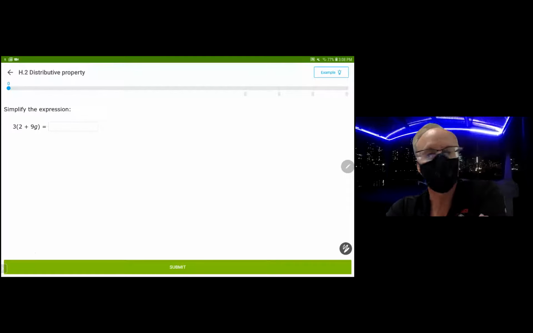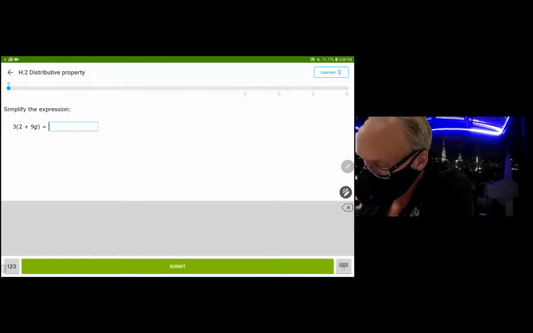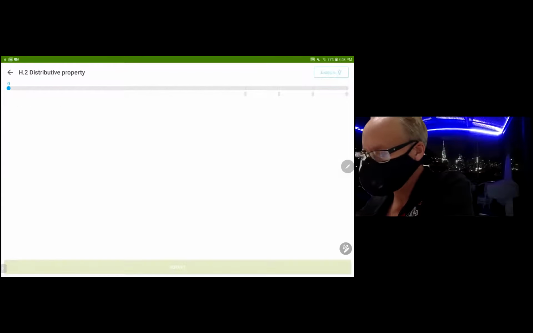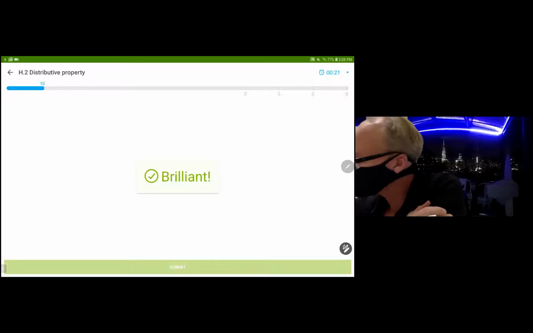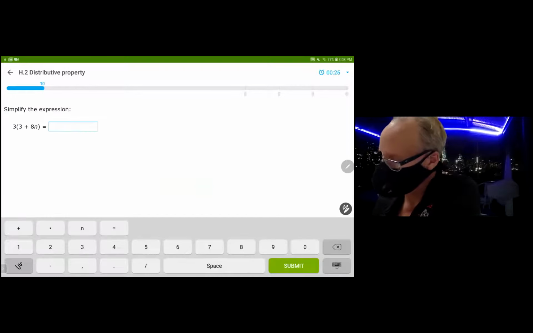We're supposed to distribute the 3 to both parts, so it's going to give us, let's write it out, 6 plus 27g. All we did is multiply the 3 times both the parts. Let's see what else we got to do. Well, we're going to distribute the 3. And we're going to get 9. We have to multiply it by both parts, 24 and